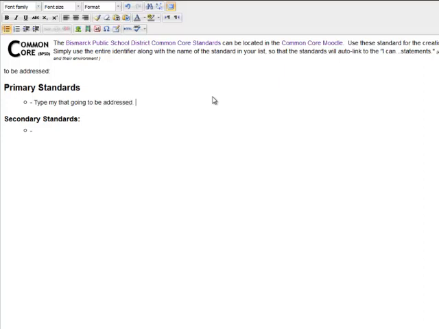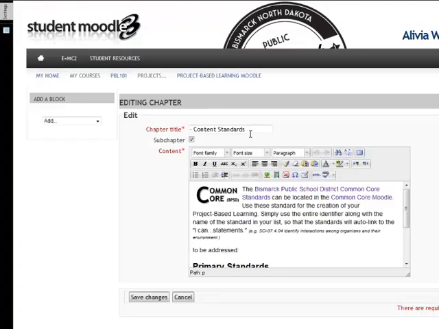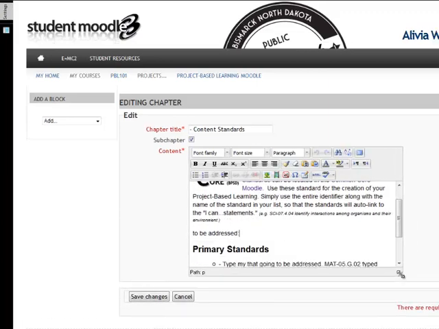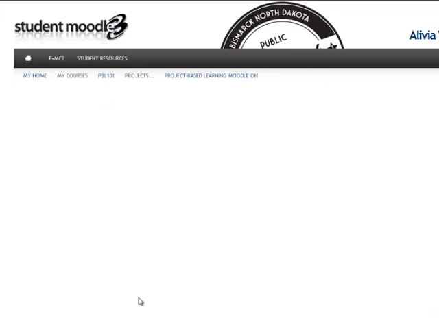Remember, this auto links, so if you knew it was a math standard and it was from grade 5, and let's say it was with geometry and it was a second one, then I could type out the name. Actually, you can copy and paste that right from this particular Common Core page. I'm going to toggle back into my window. Of course, I could have just typed that in this little window and resized it this way. It's up to you. I'll hit Save Changes,